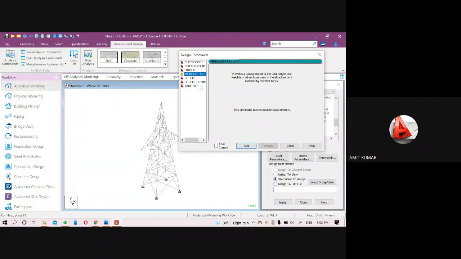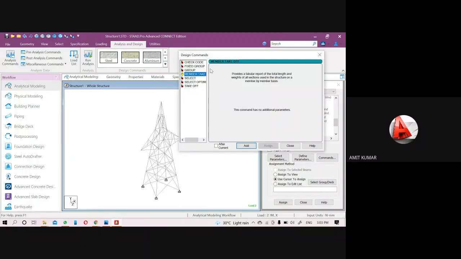Now come to the member takeoff. So here we have two types of takeoff option. First one is your member takeoff, and second one is your takeoff. So takeoff will show you the total weight of the steel, but member takeoff will show you the detail of each type of steel shape.